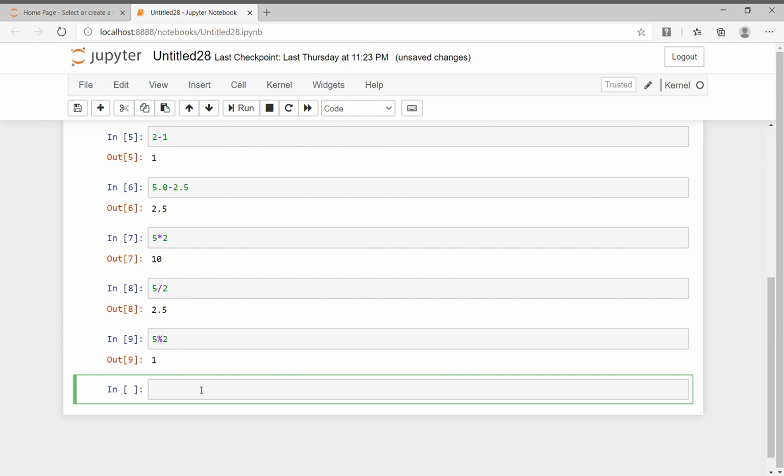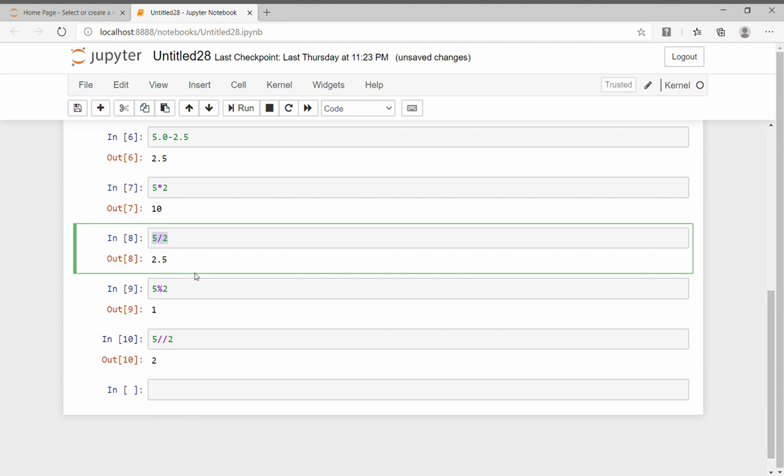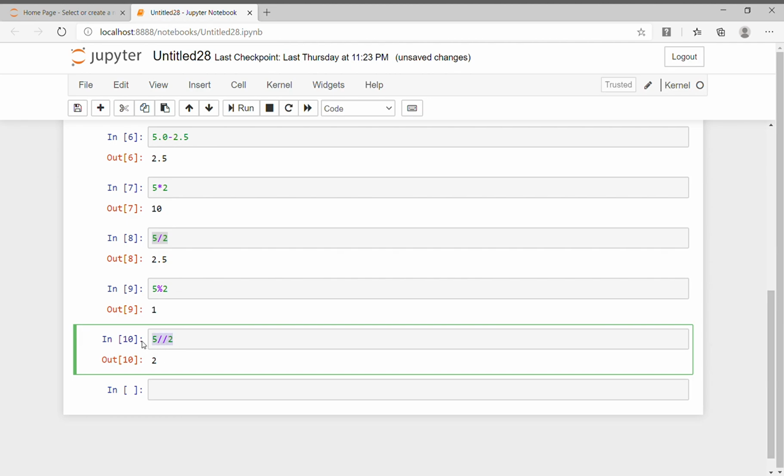Next we have floor division. What is floor division? Basically when we divide 5 by 2 using two slashes, it is known as floor division. And what floor division does for us is, when we execute this statement it will give me 2. If we talk about the division operator, it will give me the exact value like 2.5. And when we talk about the floor division operator, it will give me an integer type of value, like the decimal places value will be truncated, right?